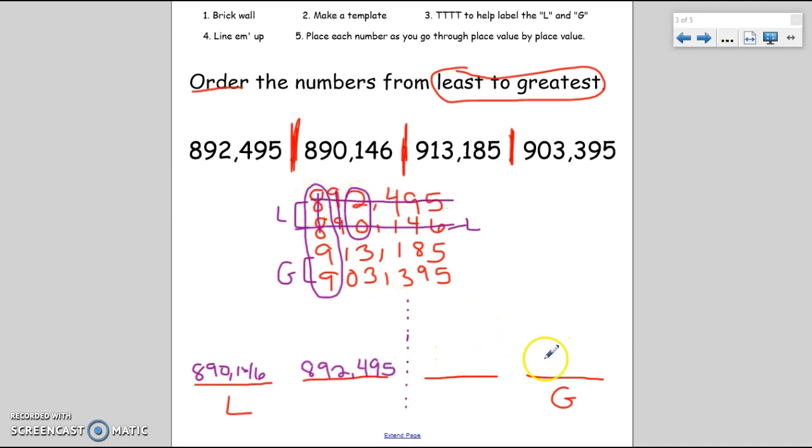Now, the 2 that are on the greater half, these I have to look through, and I want to find the very, very, very greatest one next. 9 and 9 doesn't help me, but as I go to the 10,000s place, I see a 1 and a 0. And again, I'm looking for the one that's going to be the very, very greatest. I know it's going to be one of these 2, and it's going to be this one because 1 is worth more than 0. So I'm going to put that one, the